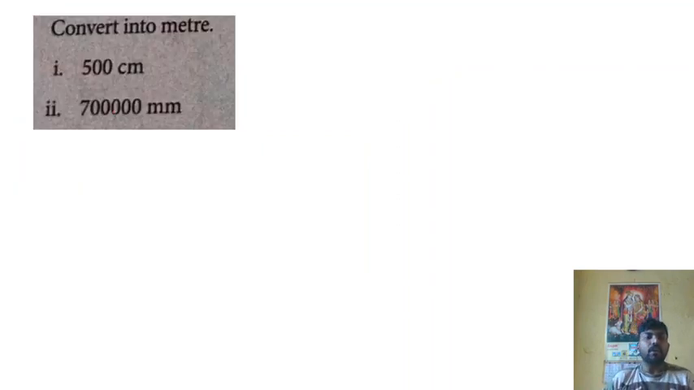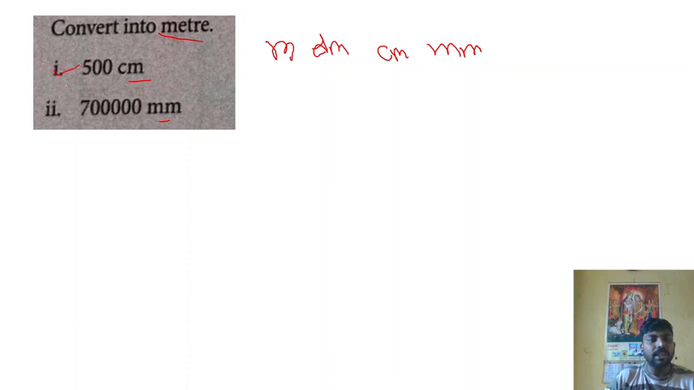The next problem is to convert into meters. You already know how to convert between different units. Here we have meter to centimeter and millimeter to meter conversion. Meter, then decimeter, then centimeter, and ultimately millimeter. For the first question, number 1, 500 centimeter is there. From centimeter, if we go to the meter,